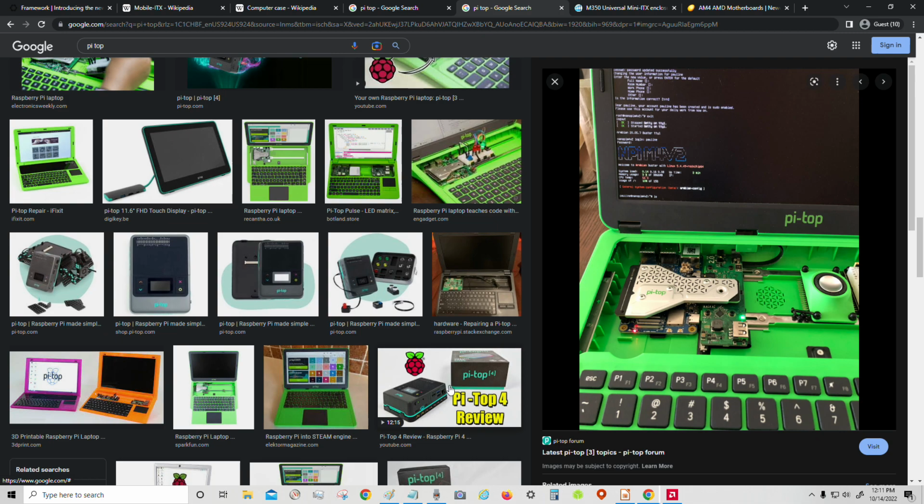So the only issue is that once a single board computer is released, like the Raspberry Pi 4, they don't have the same mounting holes. And of course, this laptop was designed for the Raspberry Pi 3. It wasn't designed for the Raspberry Pi 4. So one opportunity for single board